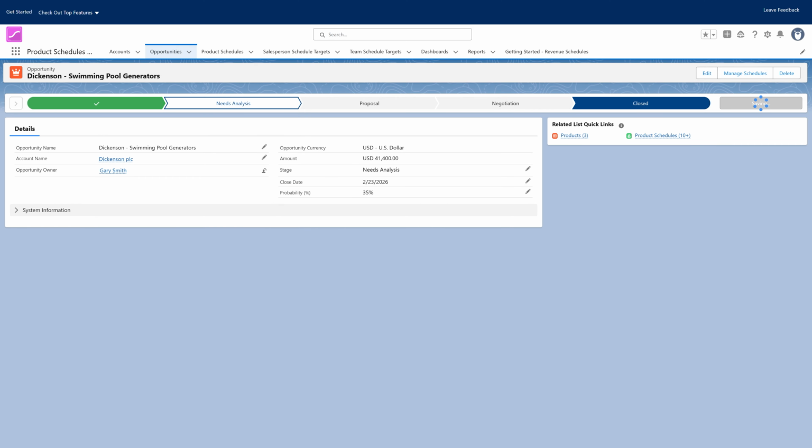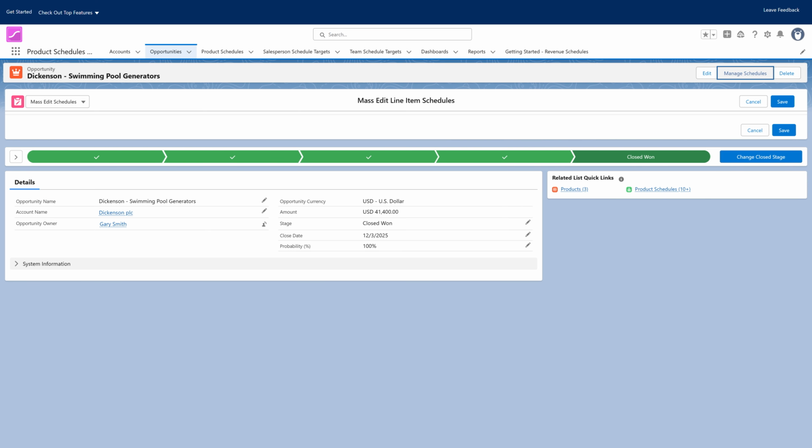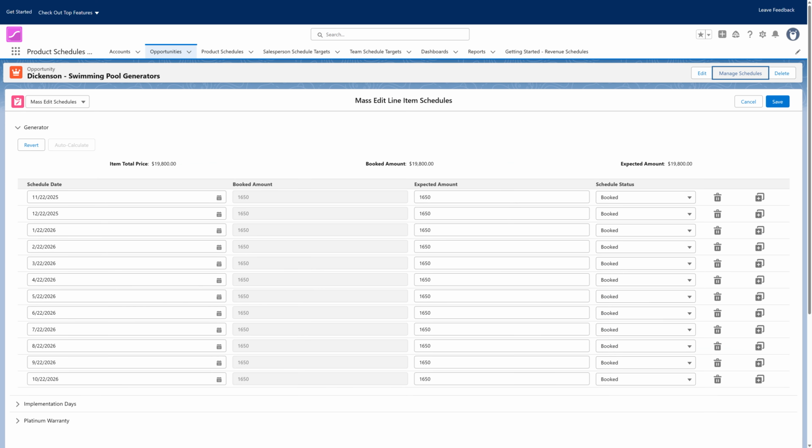Let's move forward and assume we've won this opportunity. Take another look at the schedules. You can see the booked amount is now locked, and the values have been copied to the expected amount. In other words, we are preserving the revenue schedule you forecast when the deal was done, giving the option to adjust the forecast over time as you start delivering the goods and services,